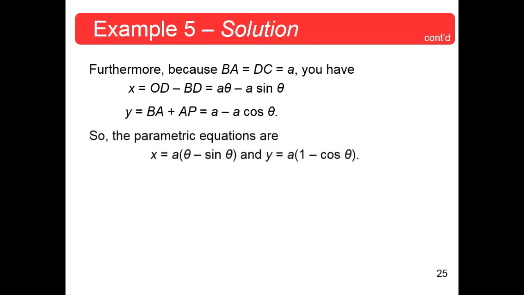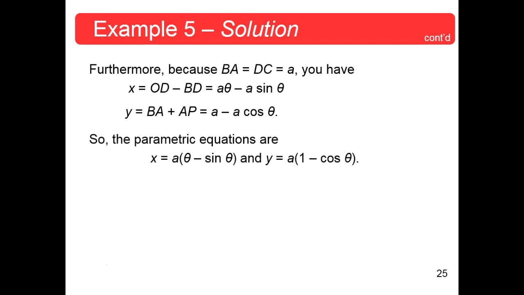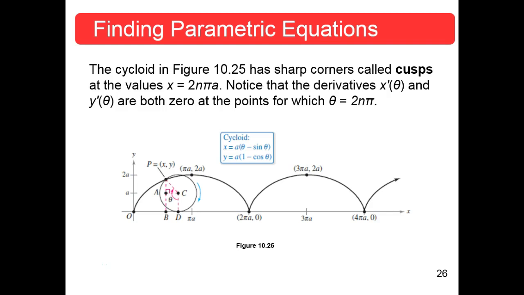So the parametric equations are these. X is equal to A times theta minus sine theta, and Y is equal to A times 1 minus cosine theta. Those are your parametric equations. And the cycloid in this figure has sharp corners called cusps. We talked about that already at the values 2n pi A. And notice that the derivatives at those places are